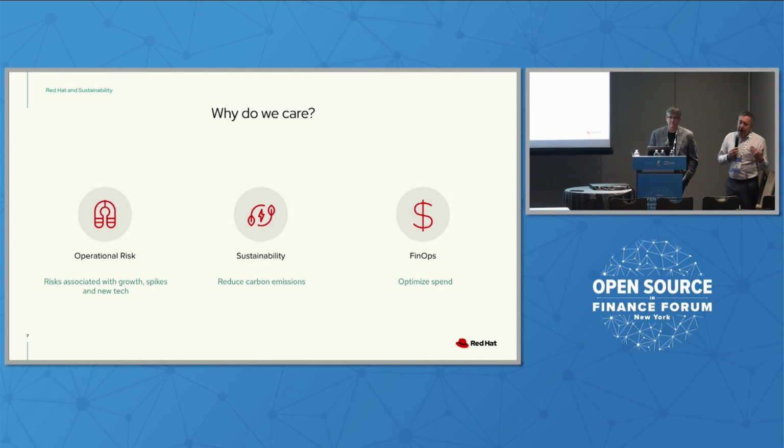So we care for really three key reasons. One is operational risk. If I'm looking to build out new capacity in my system, if I'm looking to handle surges due to triple witching or what have you, if I'm looking to handle a new product and we're going to 2x or 3x or 10x of my volume, I want to know what power I'm consuming and whether I have enough power to meet those growth demands, those spikes. So there's an operational element to this.